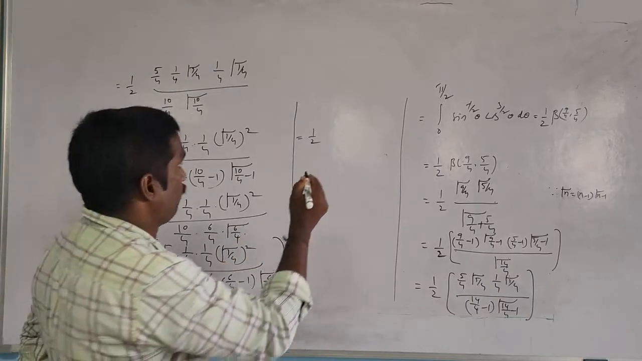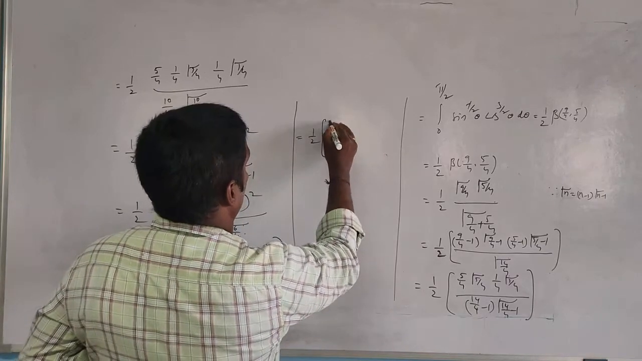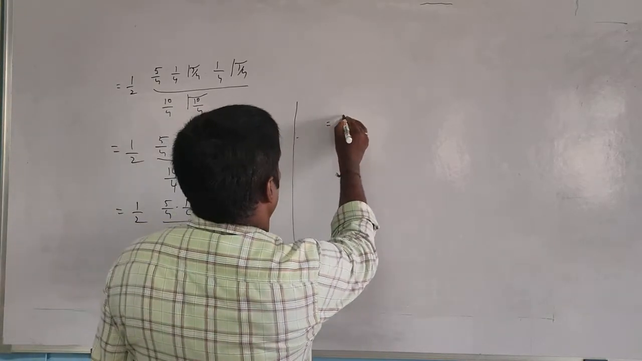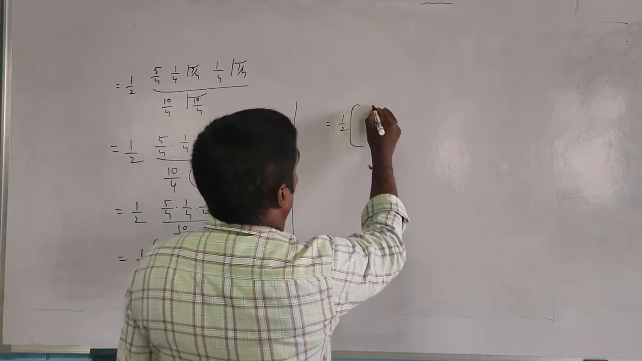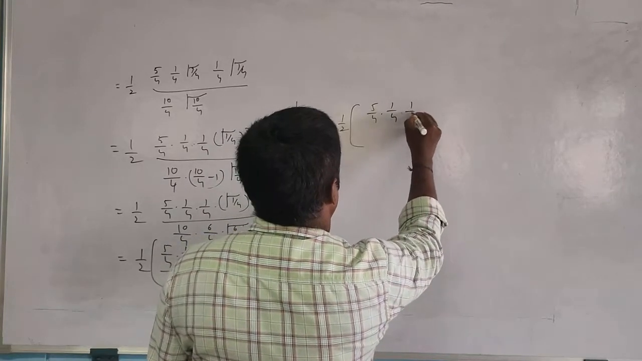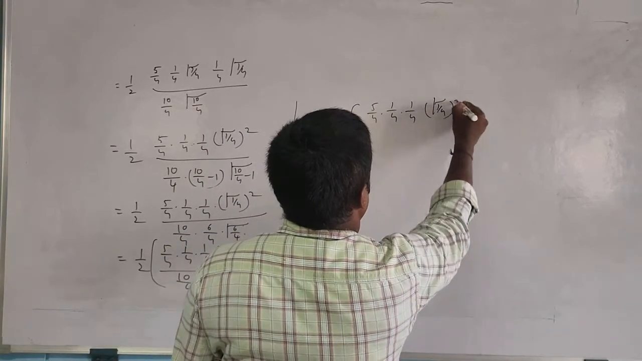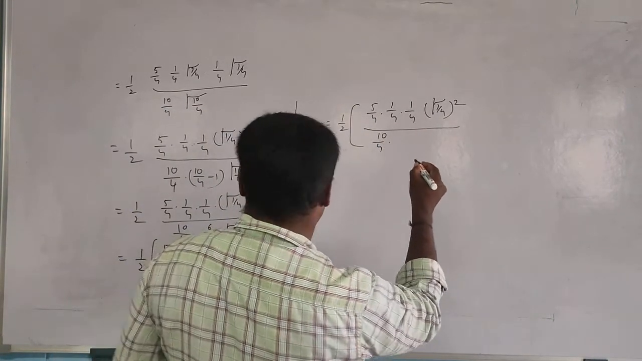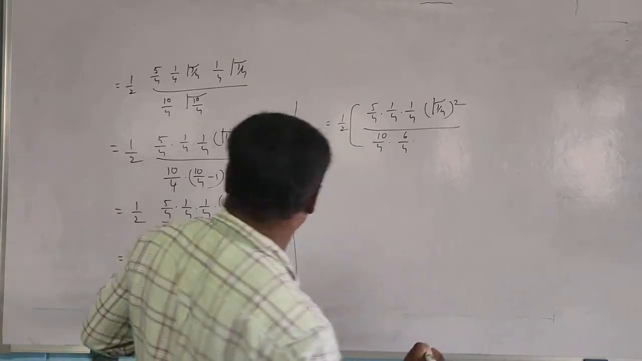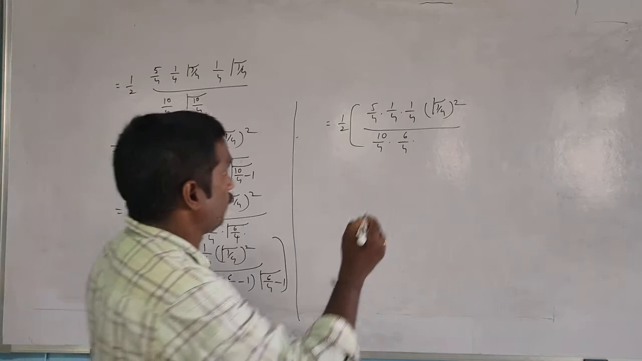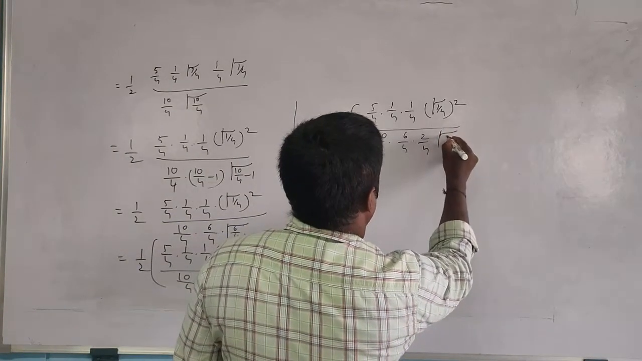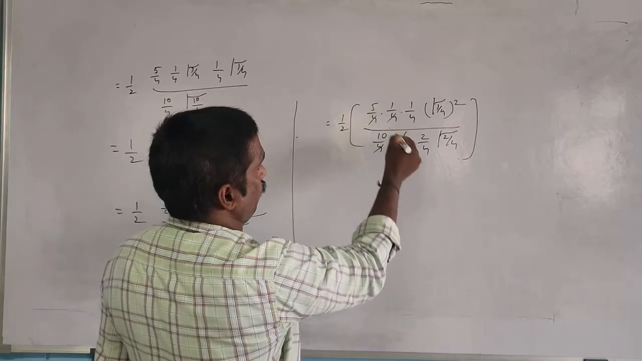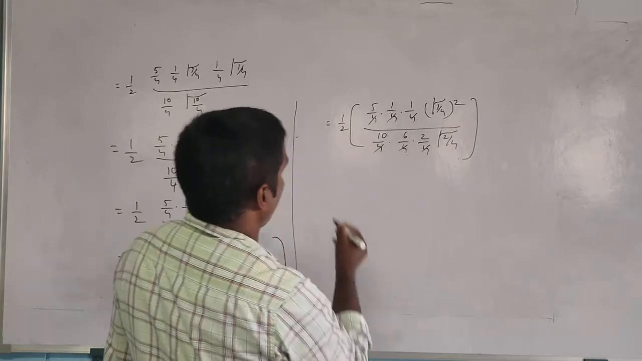1/2 of 5/4 into 1/4 into 1/4 gamma of 1/4 whole square by 10/4 into 6/4 into 6/4 minus 1, which means 2/4, into gamma of 2/4. So here the 4s cancel out, and that equals 1/2